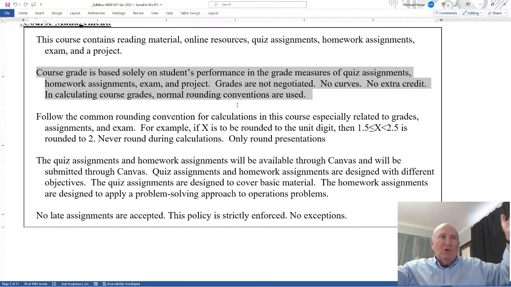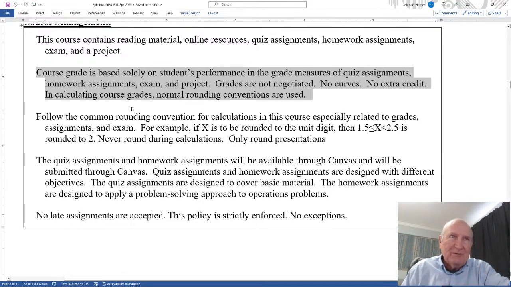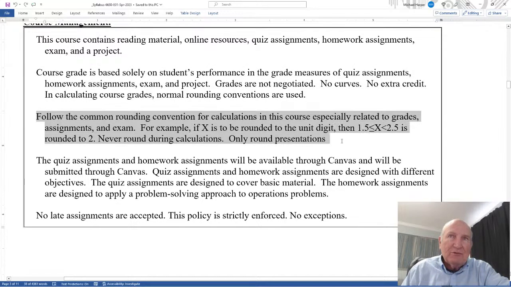It says, oh, can I have more and can I have less? Usually people don't say that, but they're not negotiated. Okay, it's all objective. Follow the common rounding procedures for calculations in this course, especially related to grades, assignments, and